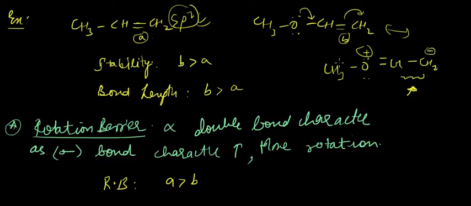Why? Because the rotational barrier is the barrier, meaning it should not be easily rotated, right? So it is inversely proportional to the stability. So this would not be the order. B would be having more rotational barrier. Okay. I beg your pardon. A only would be having more rotational barrier than B, because A tends to have more sp2 character or double bond character between the two carbon atoms. Okay,